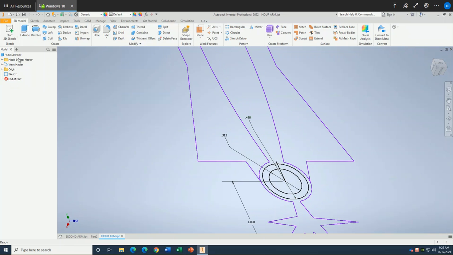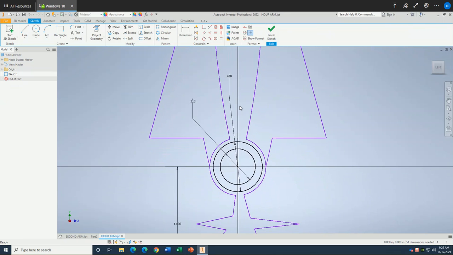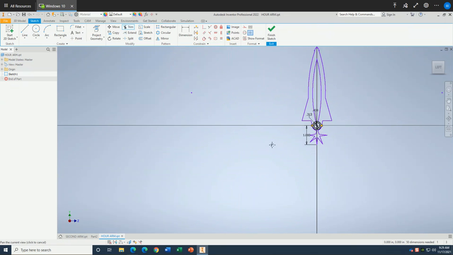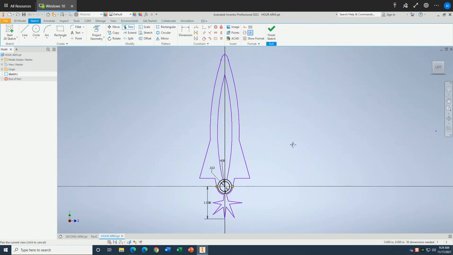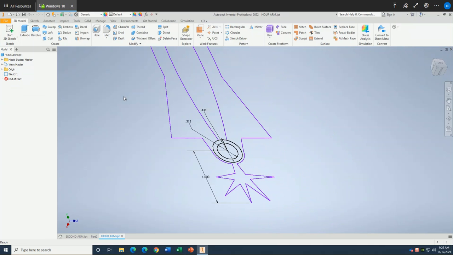The sketch has to be modified. I can see why it is happening. So I'm going to extend certain lines, okay, and then trim certain lines. So trim this one and trim this one. I think it is correct now. All right, finish the sketch, save your work, and